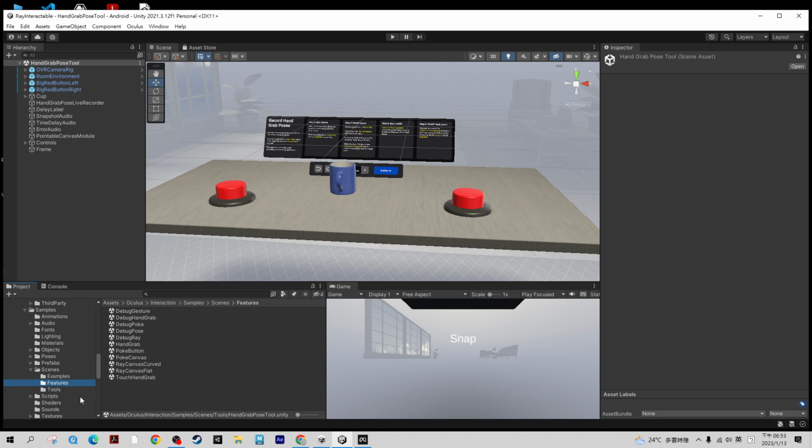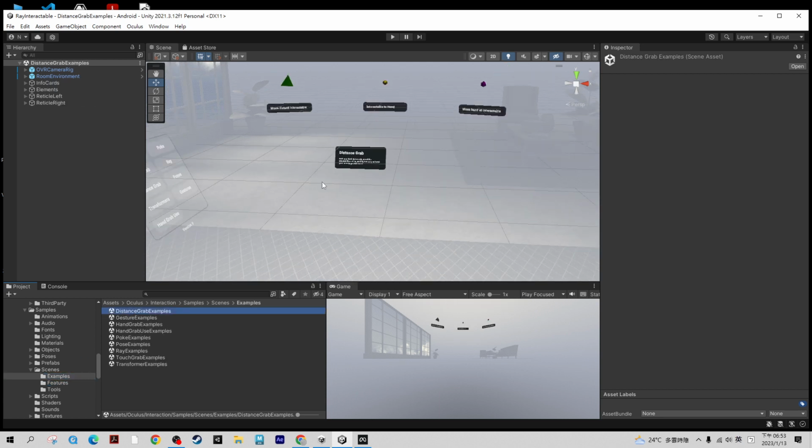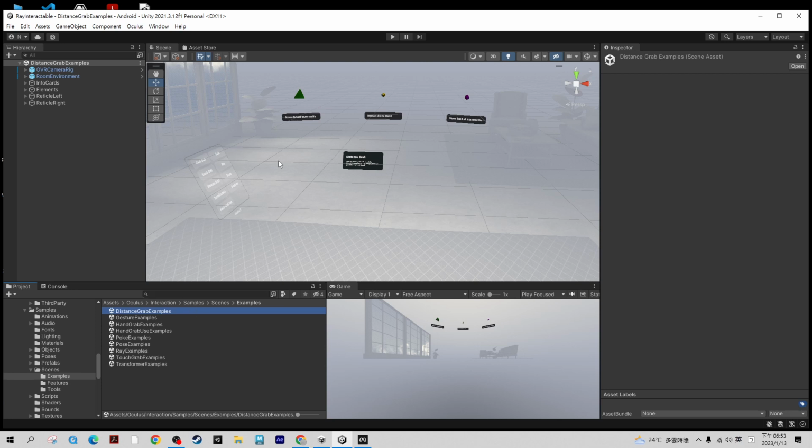And this is the normal samples we use. Later we go to the distance grab; distance grab I will talk about later. I would like to still explain about the canvas, because last time we did a canvas. Okay, raycast, but in here